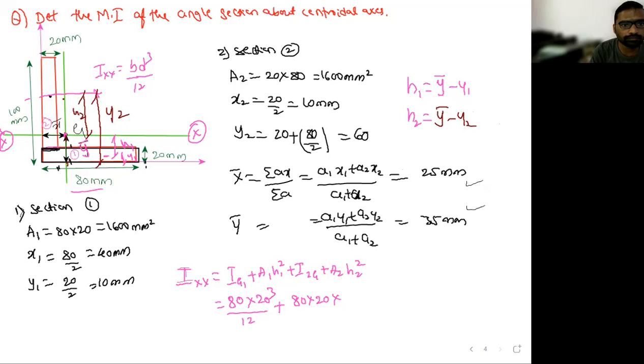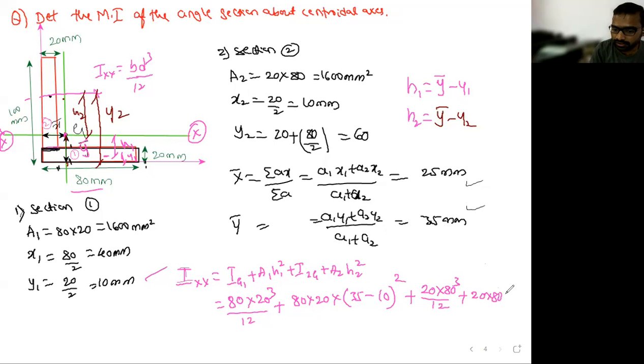So here you can substitute. H1 is equal to y bar minus y1. What was y bar? Y bar is 35 minus y1, how much is it? 10 whole square, plus the moment of inertia of the second section. This is the second section plate. What is BD cube by 12? What is B of the second section? Don't write down anything, just concentrate. 20 into what is the depth of section 2? Only depth I am asking. 80. So BD cube by 12 is 20 into 80 cube, plus the area of section 2, only 80 into 20,